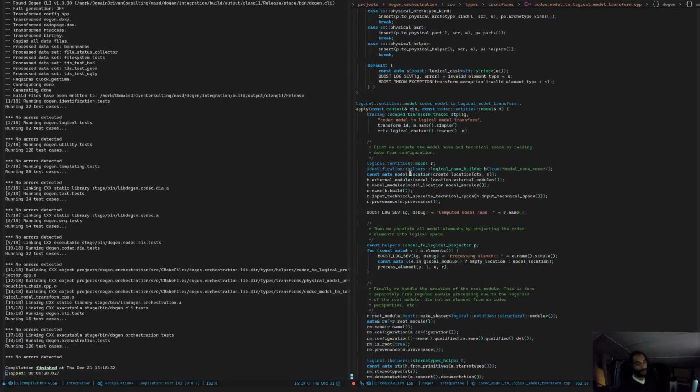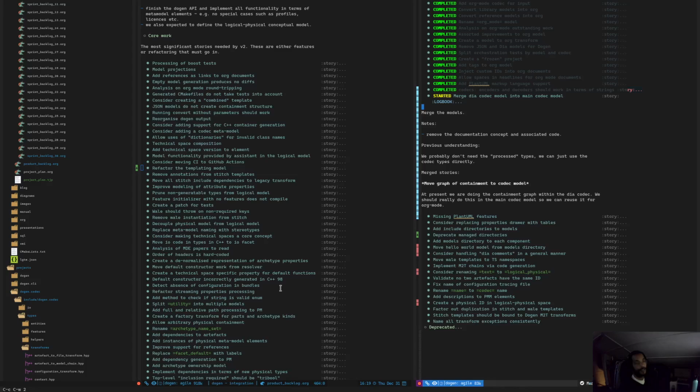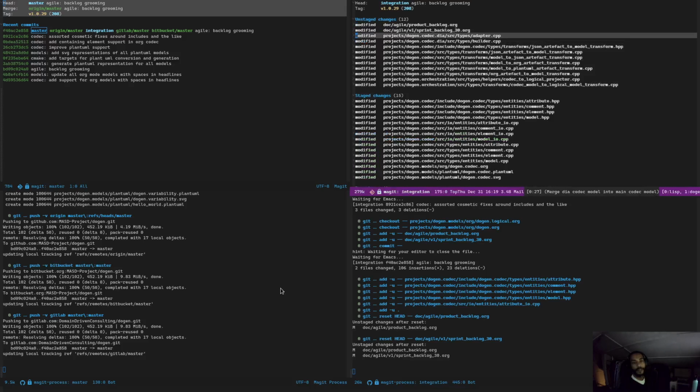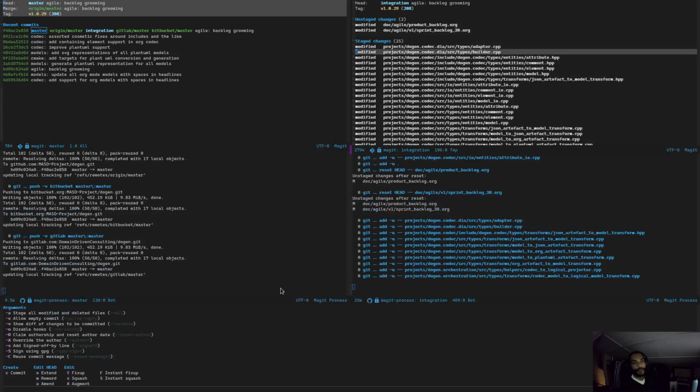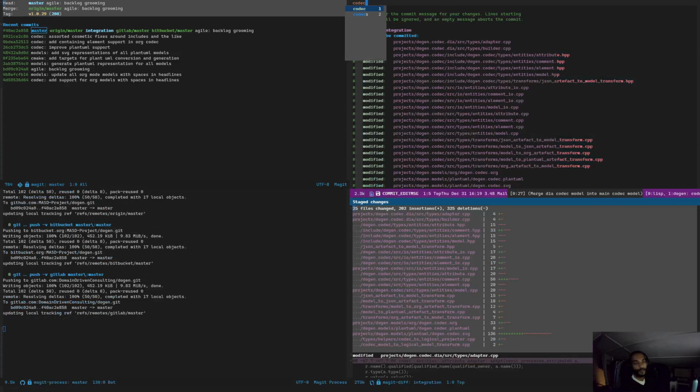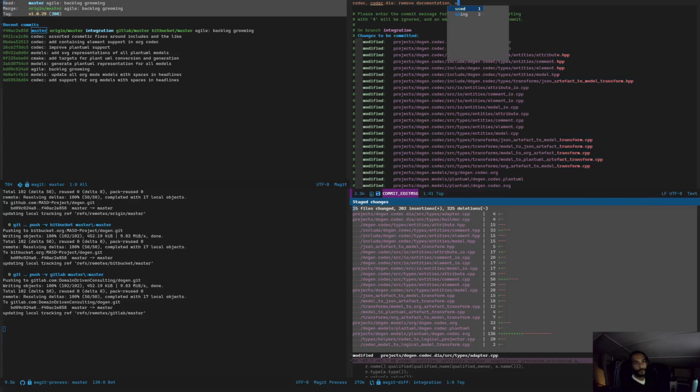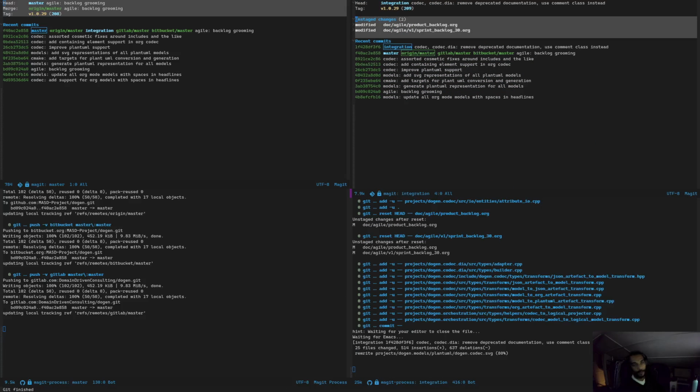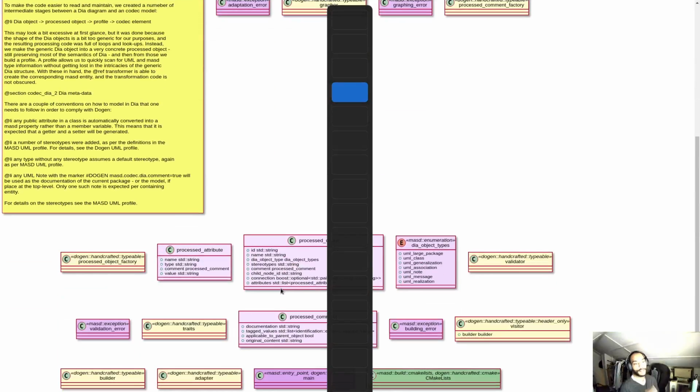And then we just move the types one at a time carefully. So that sure sounds all very straightforward. Right, so tests are green, so we could say codec.dia, deprecate or remove documentation, use comment class instead. So maybe if we say remove deprecated documentation, use comment class instead. Okay, that's that one. Now let's see what happens if we try